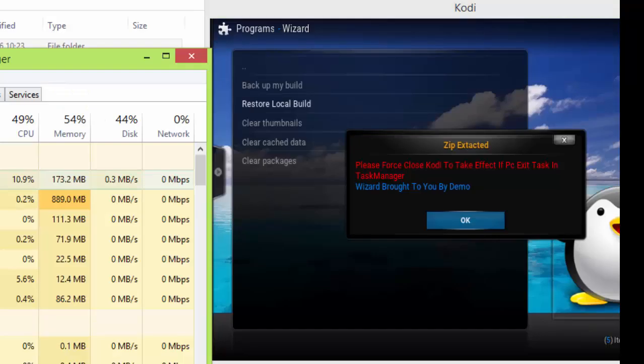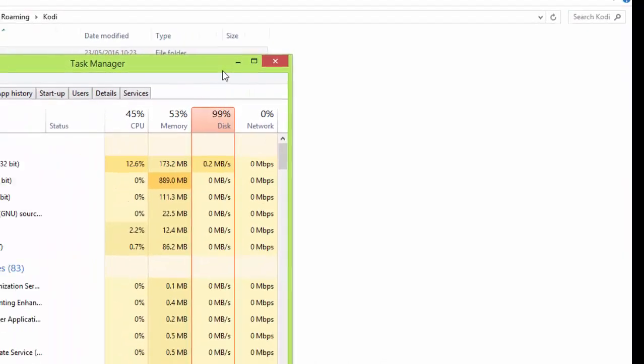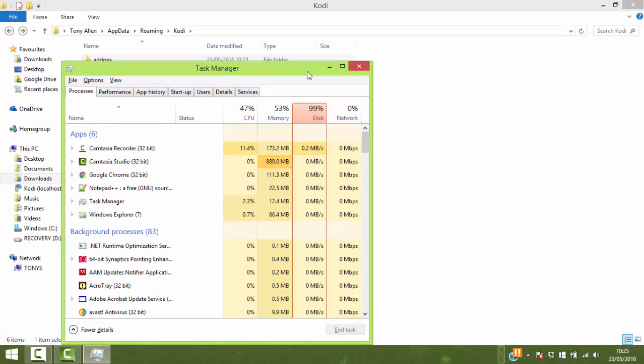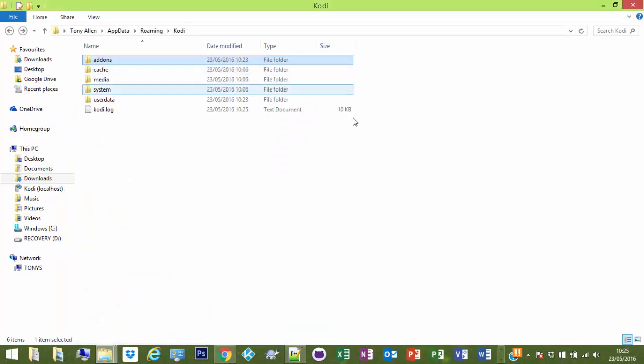Windows, Control or Delete, and then task. Android, you got to go into your system, press your home button on your remote, go into settings, other, more settings, apps, Kodi, and then force stop. I believe, I'm just saying off the top of my head, so don't hang me if I'm wrong, just don't